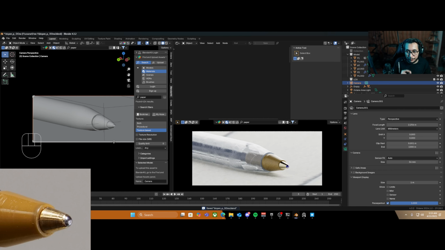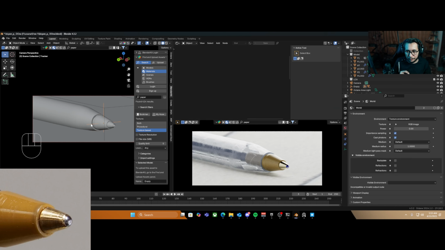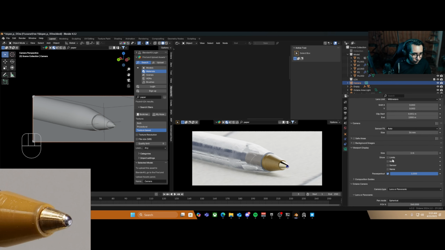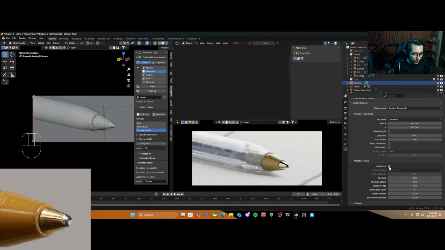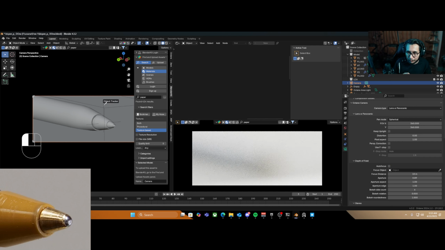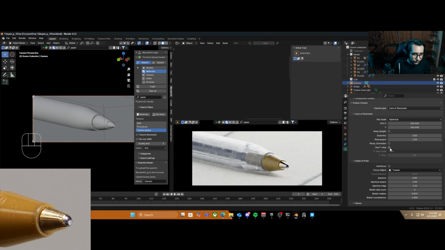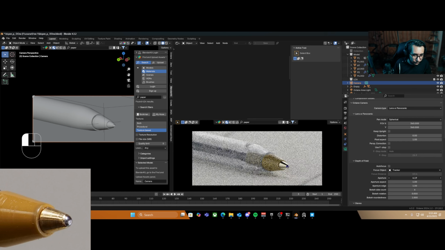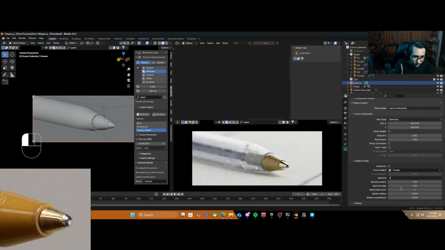And now we are going to be adding in the depth of field. And just for your convenience, we actually already have an empty over here that we're going to be using. So I'll select our camera over here, scroll all the way down where it says autofocus. I'll turn that off and I'll select our tracker. Now, if we go to our aperture, I'll put it to, not 1.9, put it to 2,